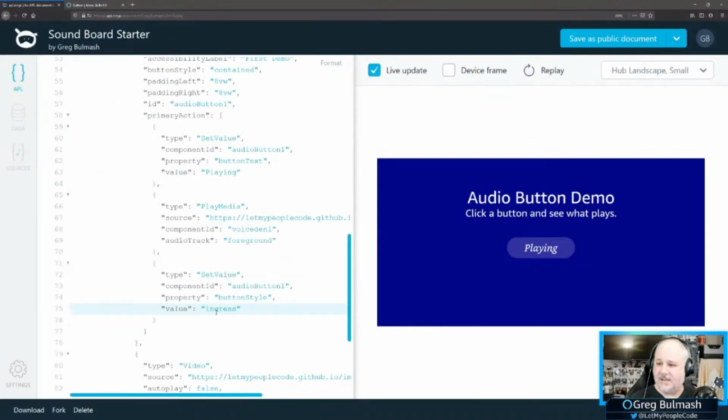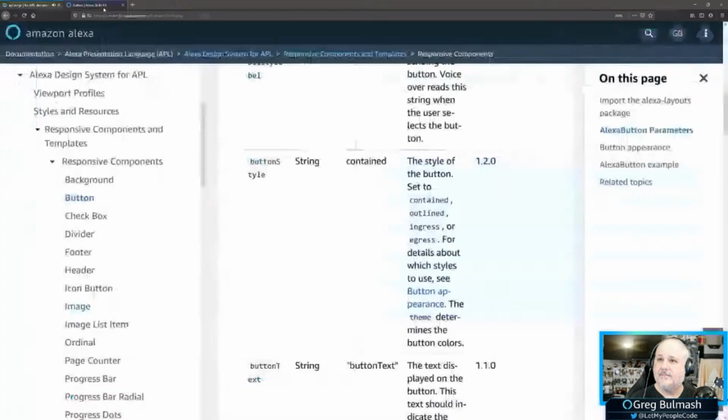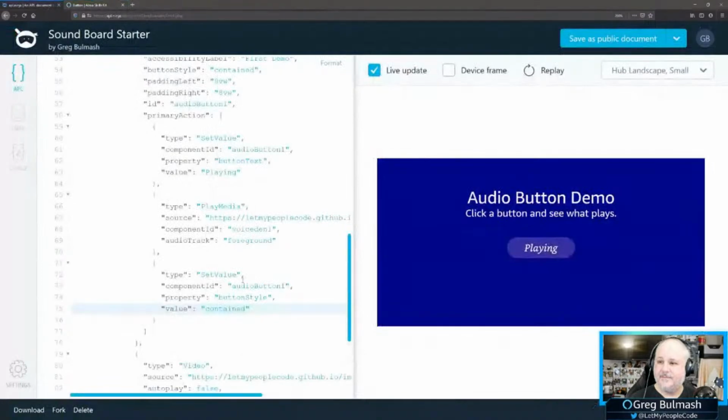See what happens if we change it to egress. Outlined.